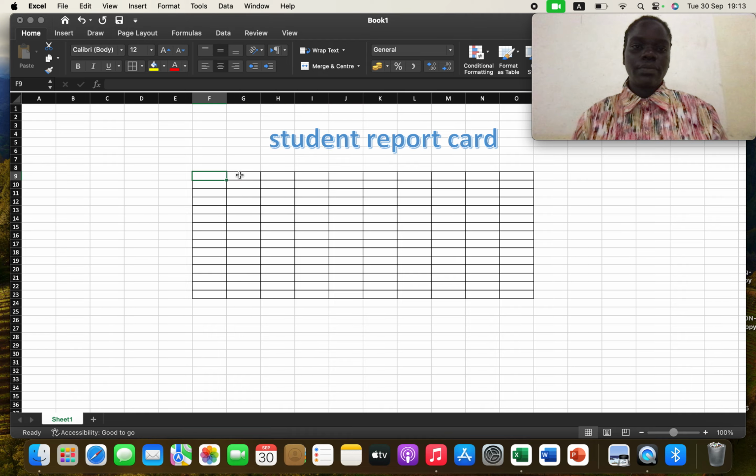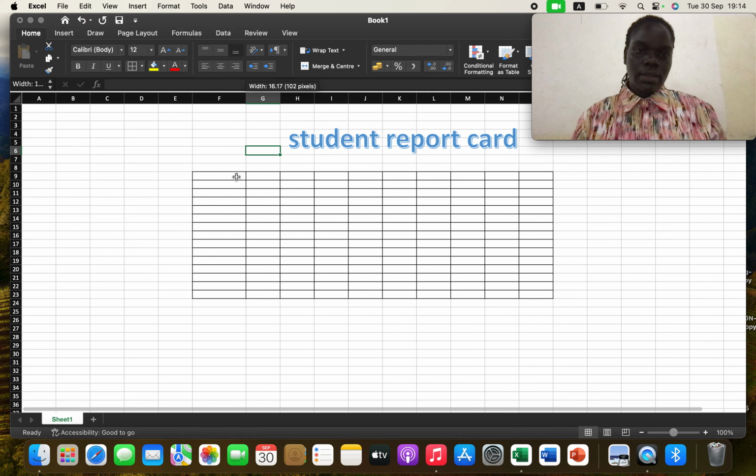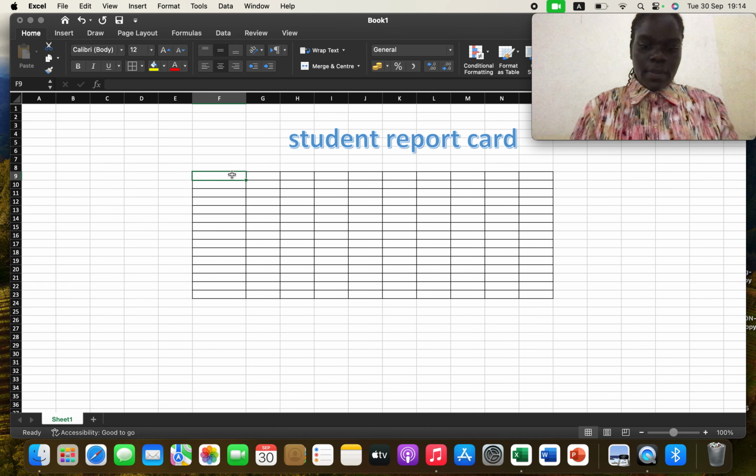So, but I'll have to adjust this because it's a bit squeezed and small, so I want to adjust this. Okay, I adjust that, and here I'll put name,